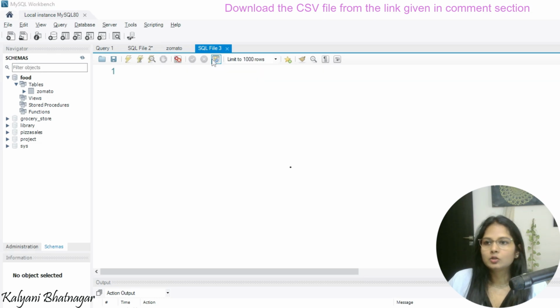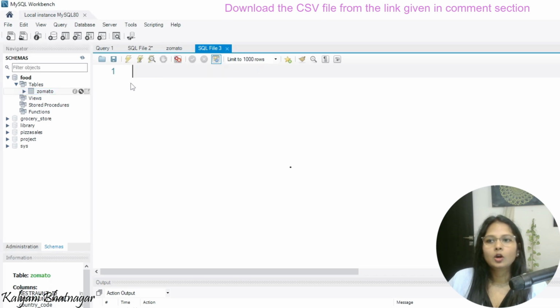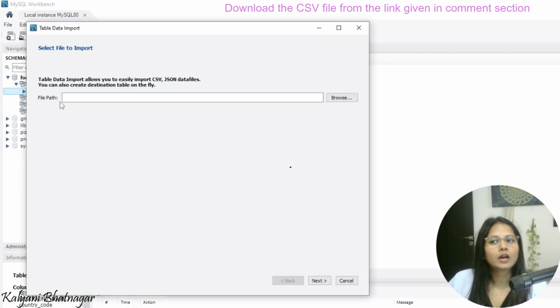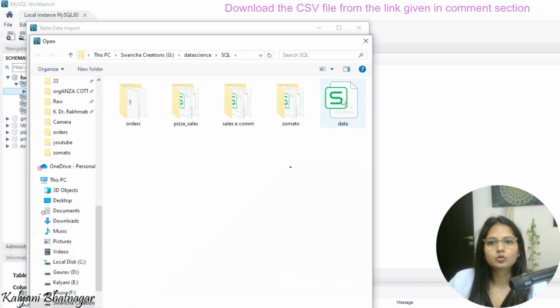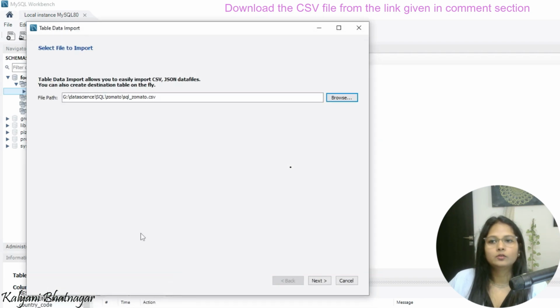Okay, so for importing we need to right click. Where? On this table icon we need to right click. Then there is the table data import wizard. Here we will click. Then here we have to give the file path where our data set is saved. So my data set is saved in this folder, Zomato SQL. So this data set I am going to take. Now next,